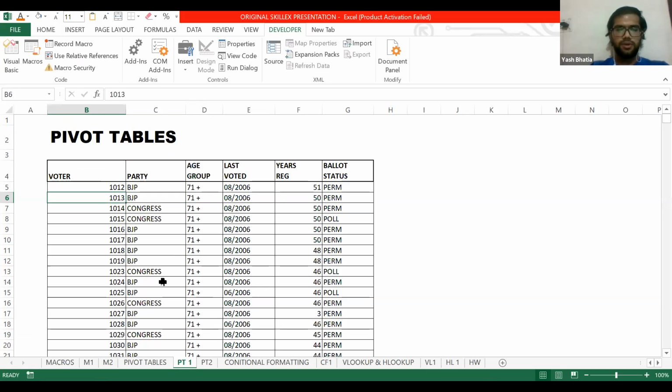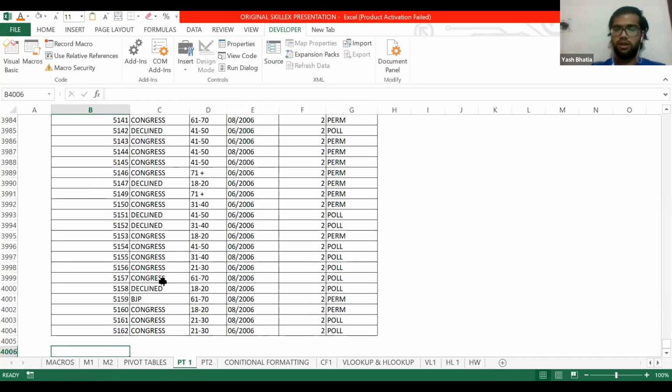This table shows the information about the voters who have voted in column B, the party name in column C, age group of voters in column D, when the voters last voted in column E, year of registration, and ballot status. So basically, I want to show you that there are over 4,000 rows.